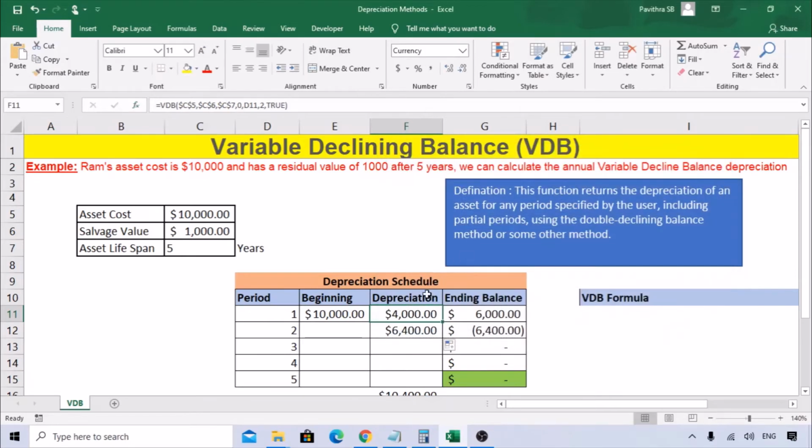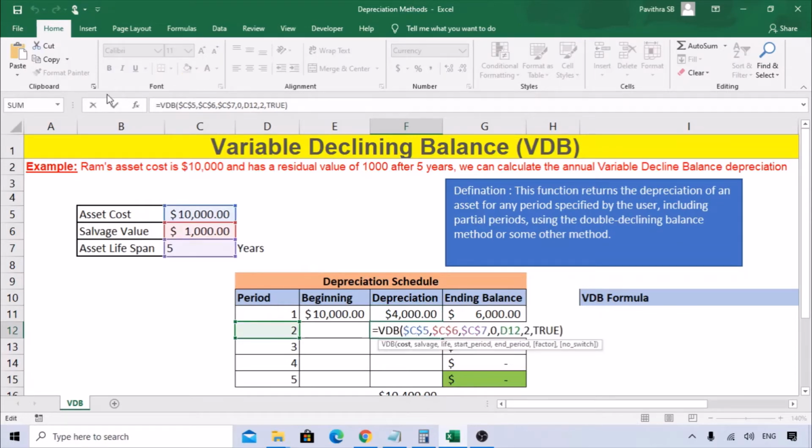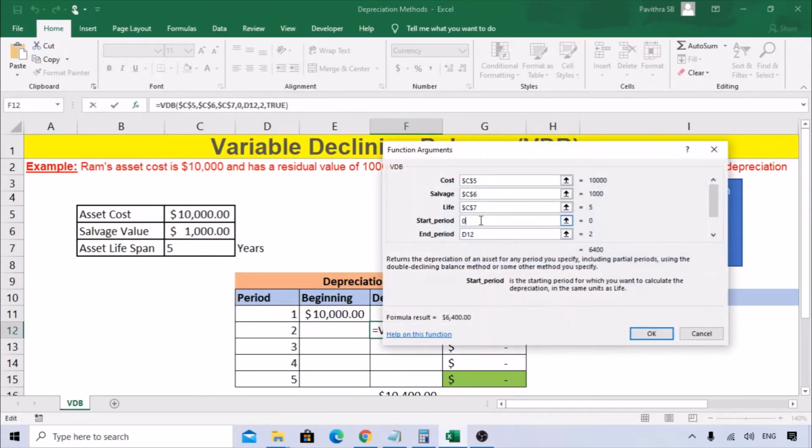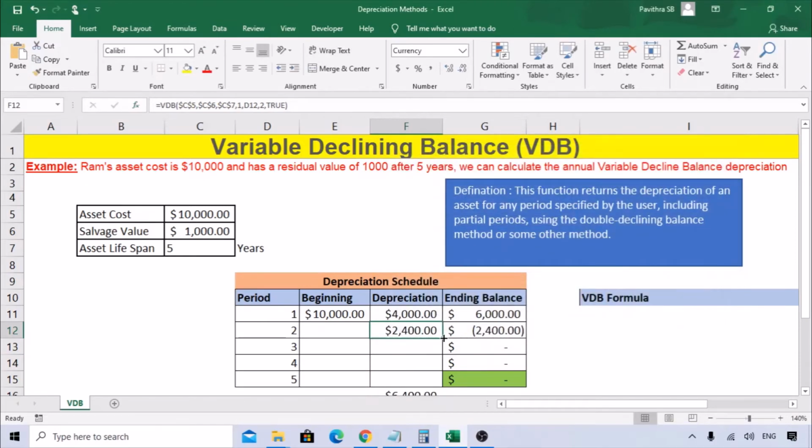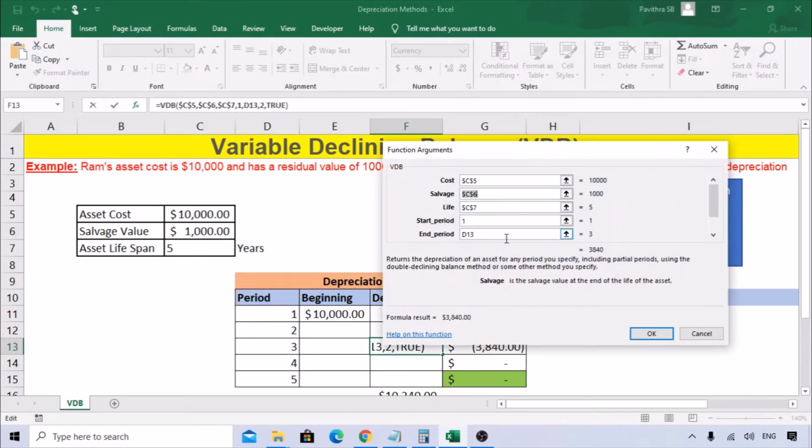So for that reason, we need to set it in such a way so that the next should not be 0, it should be 1, 1 to 2. So D12 is nothing but the second period. So it is taking down. So again, if you copy down, it is 2 to 3. 3 is nothing but the third column.